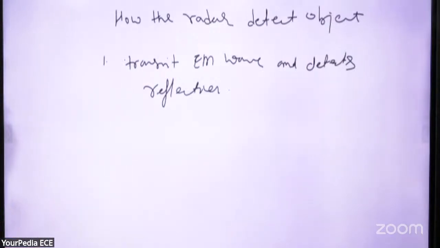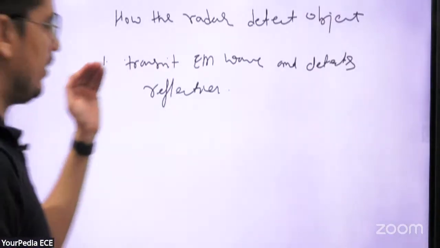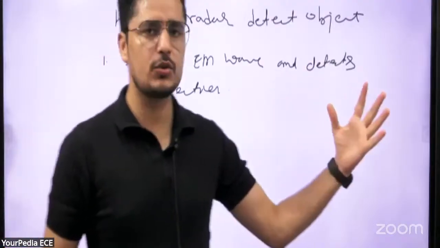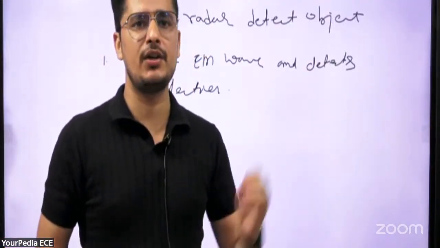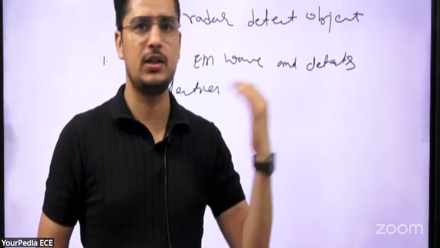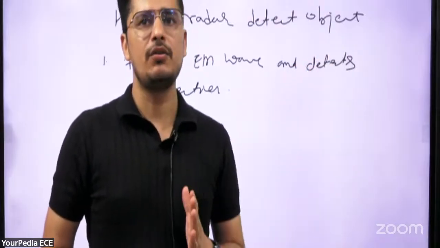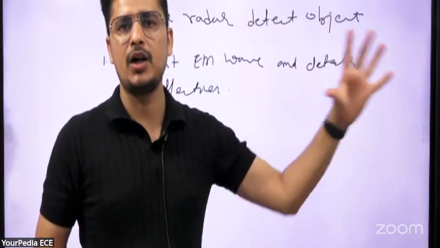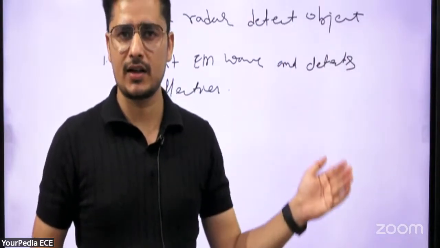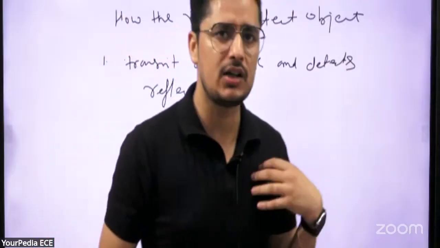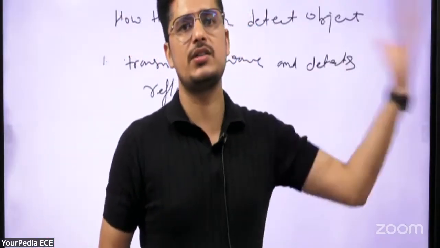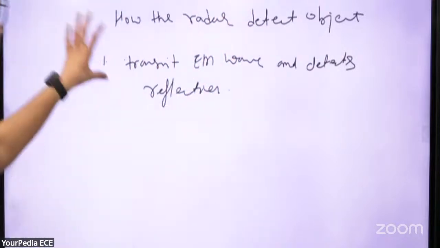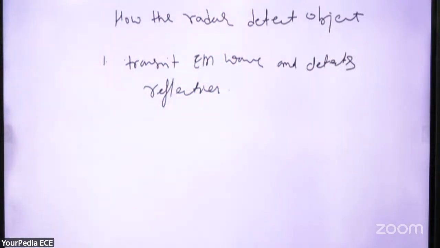So basically the radar is based on that principle. It is sending the EM wave towards the object, and when the EM wave reaches the object, it reflects and comes back from that object. The reflection will be detected by the radar. On the basis of that, it can find out the distance between the object and the radar and the speed of the object, whether that object is coming towards us or going far away from us, right? That is the information we can calculate on the basis of this.